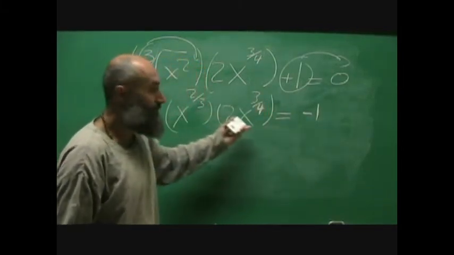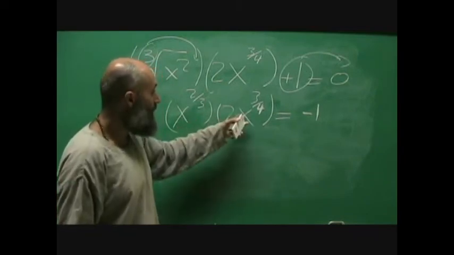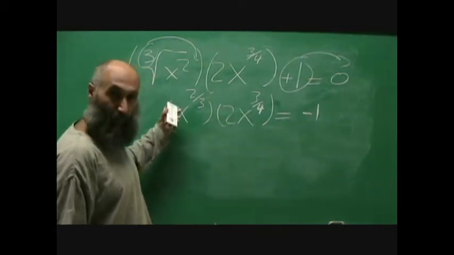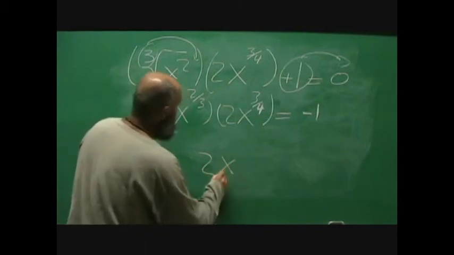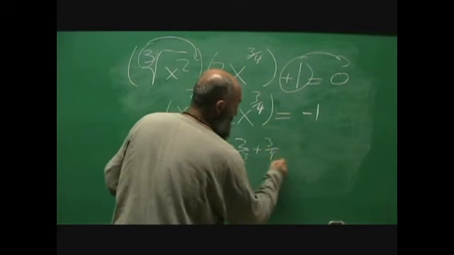And, you know, for series 2, you must know how to do this. If you don't, go back to series 2. But the way you multiply these things is you add the exponents. So the 2 here, there's just a 1 here. When there's no number here, it just means a 1. So it's just a 2. And this is going to be x to the power of 2 over 3 plus 3 over 4 is equal